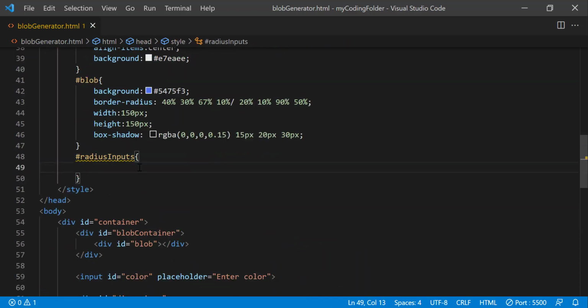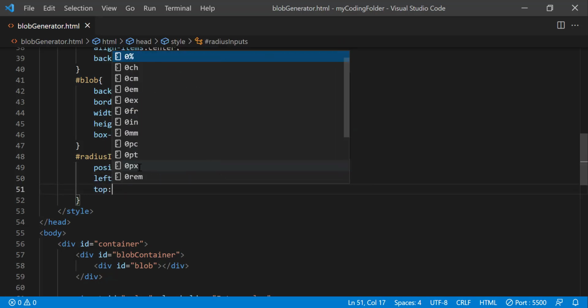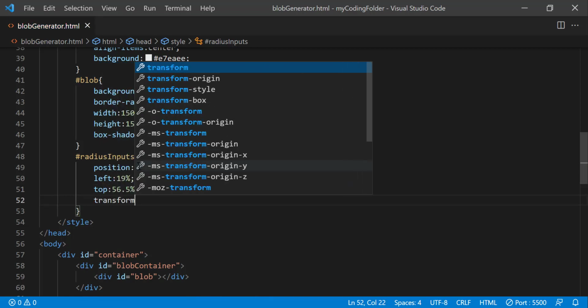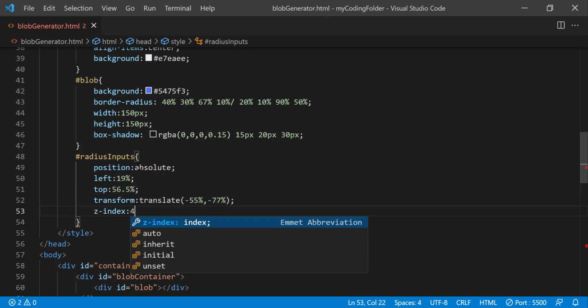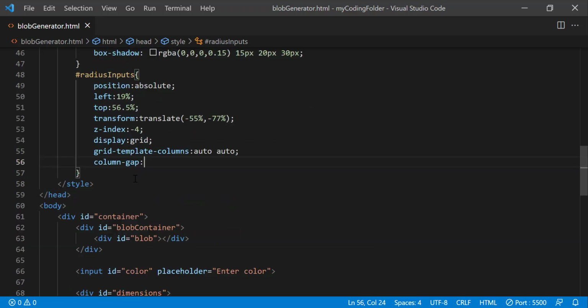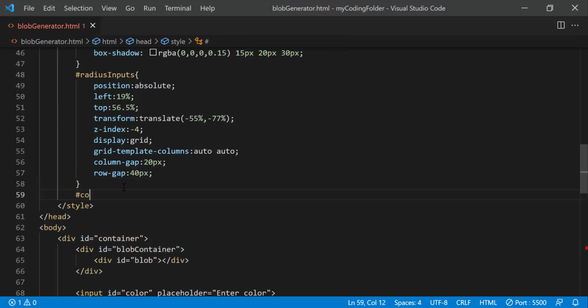So we'll want to do position absolute, left 19%, top 56.5%, and then we can do transform translate -55%, -77%, z-index -4, display grid, template columns auto, column gap which is going to be 20 pixels, row gap is going to be 40 pixels. And now we can style our copy text